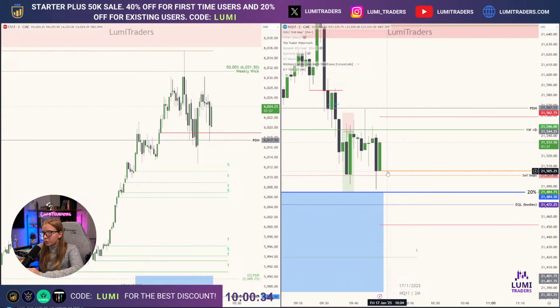Okay, this orange line right here. Let me delete the sell stops. This orange line right here is for the open. So manipulation right here, manipulation right here. So ideally, I would like to see